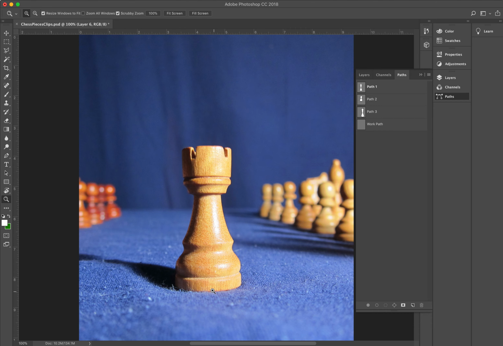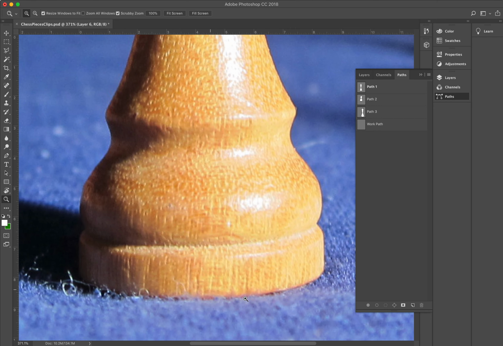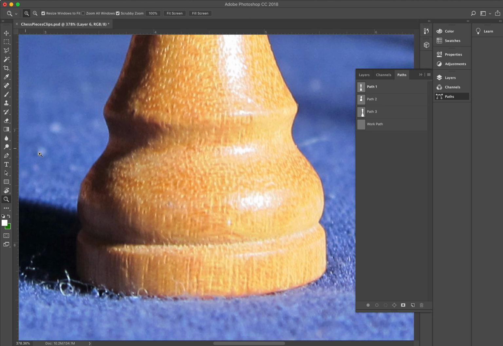I'm going to take the zoom tool and zoom in. I like to really zoom in to do this. So I'll have to grab the pen tool again, or I can just press P on the keyboard, and basically click and drag. So I'm going to just click and drag,